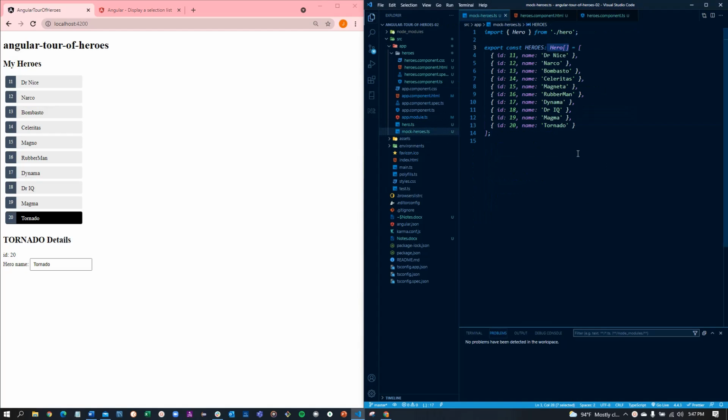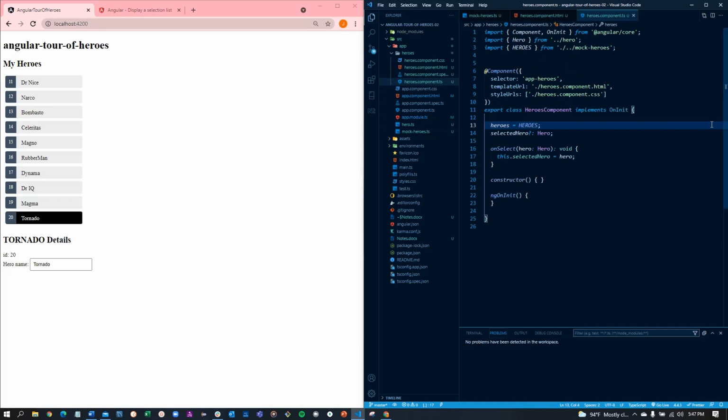We've added a mockheroes.ts at the root of our application, using this template again, with the ID 11 and then the names of our heroes. That's exported from this module and then imported down in heroes.component.ts. We'll look at that next. So we import it here from the current folder up to the parent folder, find the component mockheroes. So that jumps up the levels until it finds that file. We have heroes equal to the heroes array that we've imported here. This will give us a local property for that